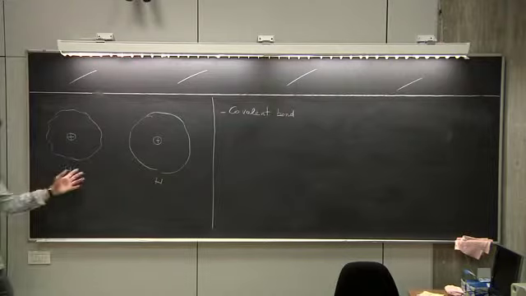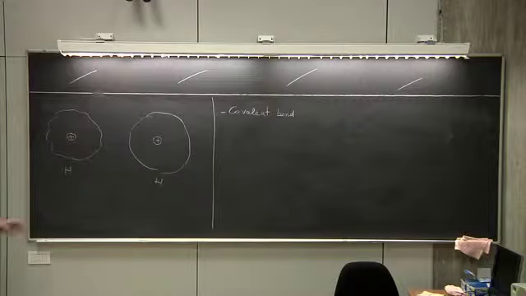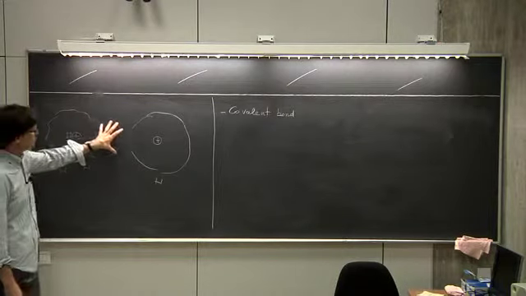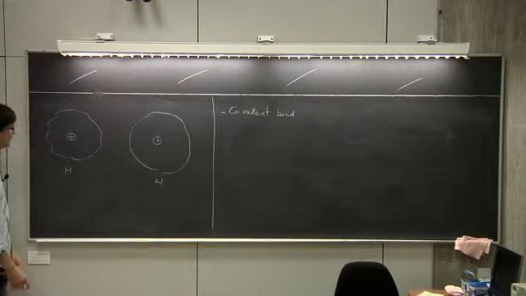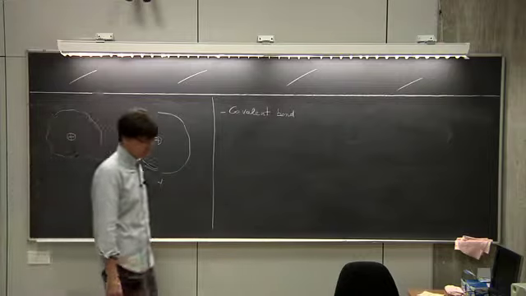If I start bringing them close to one another, what's going to happen is that the charge distribution on the right and on the left, we will see it next time, will start to